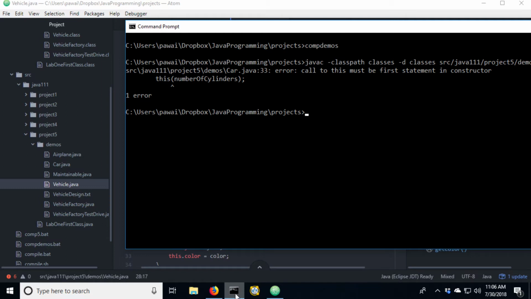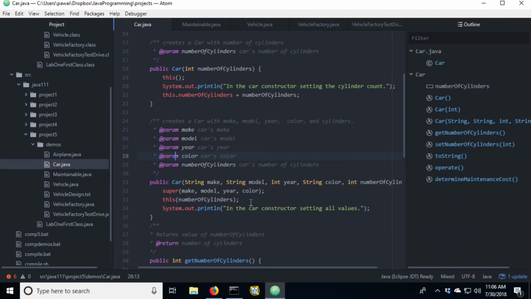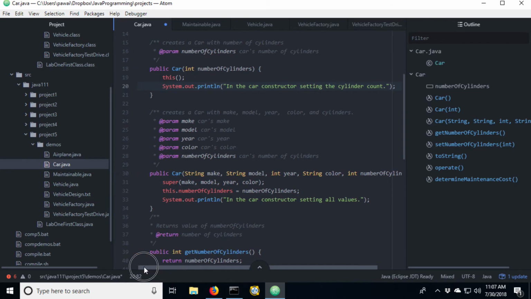And the one problem we have now is that call to two constructors back in Car on line 33, which we had kind of started off looking at here. So in this case, I'm going to set the number of cylinders here as well. And there may be a better way to handle that. Off the top of my head, it's not coming to me what might be a better solution, but I have a feeling as soon as I'm not recording, the light will come on. So I'll update you guys on a better way to handle this if it comes to mind.